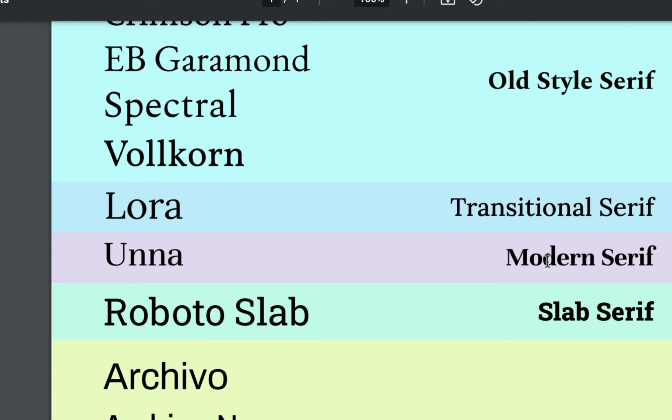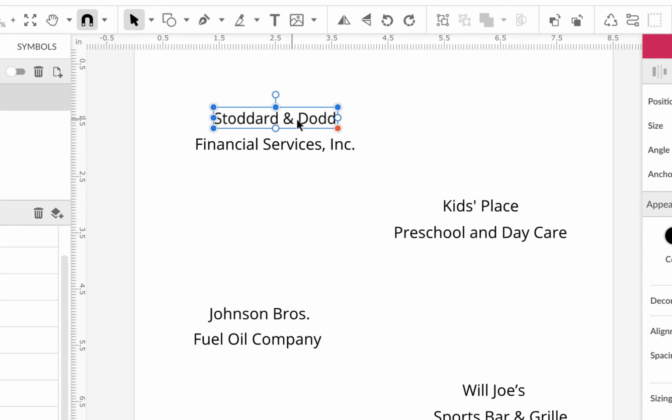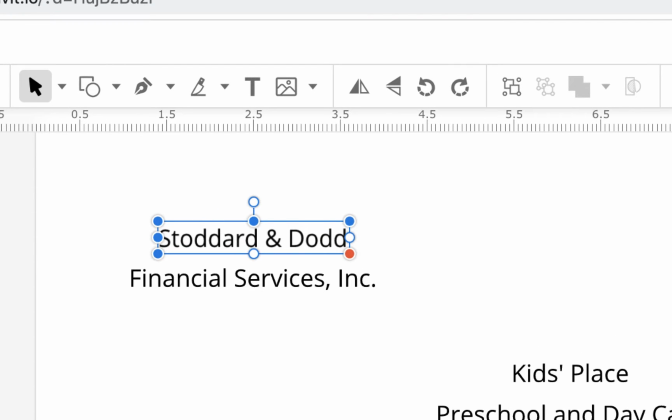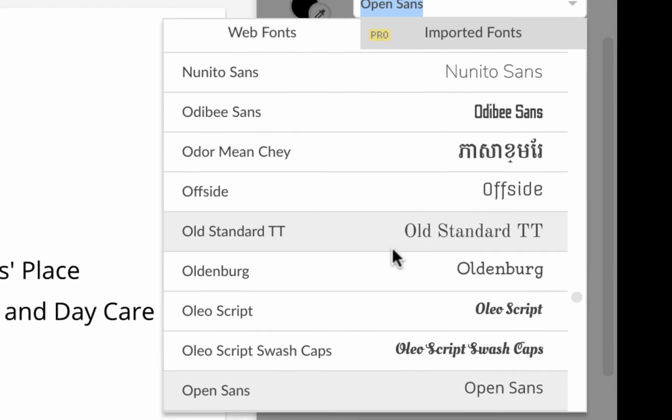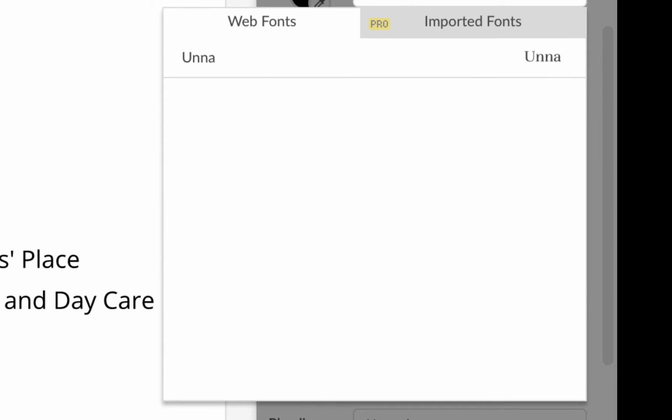You got to be careful with the modern serifs because they have very fine lines. But because I'm doing this part of it, and remember the red is on, so it's auto scale font, and I'm going to change this to Una. So I'm going to go here and just type in Una. There's 2 N's in Una,